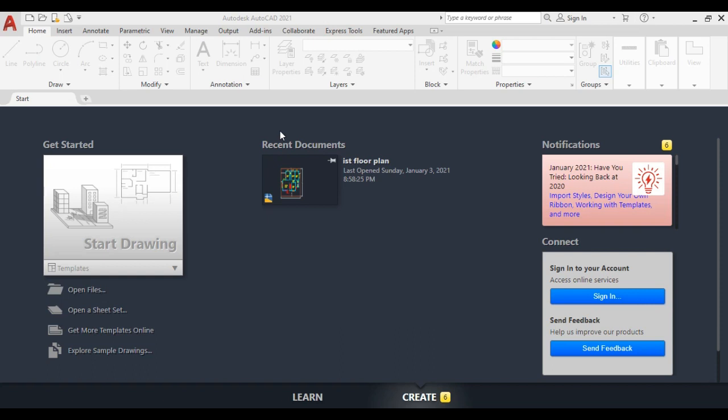From here just click and you come to your drawing sheet, and now you can work on this first floor plan option.